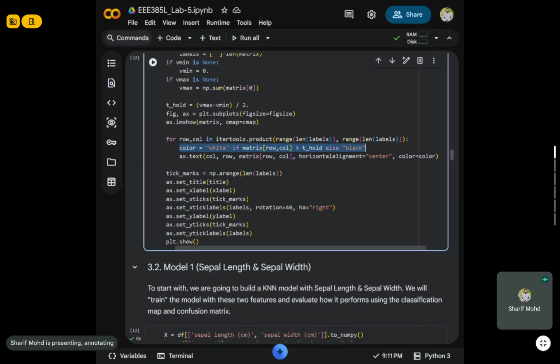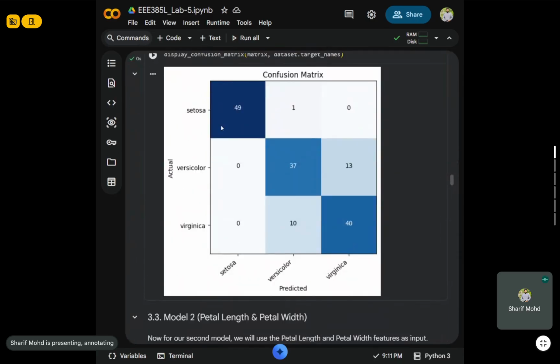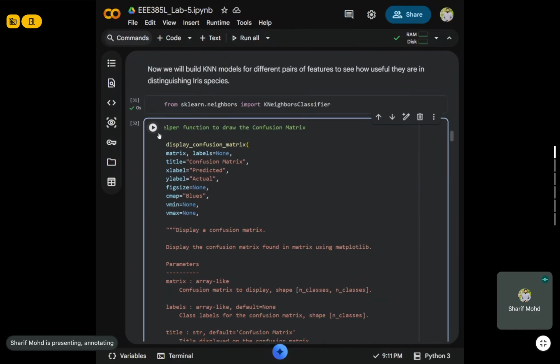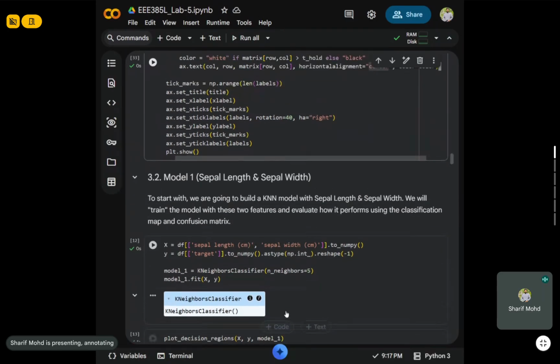This square এর ভিতরে যে ভ্যালুটা টেক্সটটা সেটা বোঝাচ্ছে, and where is the position of it? It's exactly at the center of the square. So you can see here these numbers 49, 1, 0, 0, 37, 13, 0, 10, 40, all of them are exactly at the center of the square. These are not the most important parts, by the way. This is just confusion matrix যদি আমার ইয়ে করতে হতো, that is what it is all about,